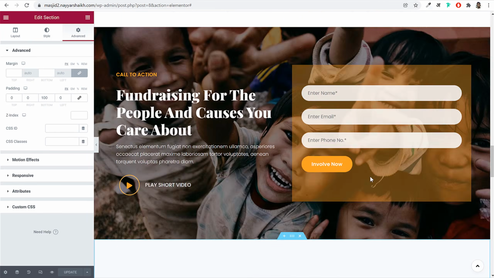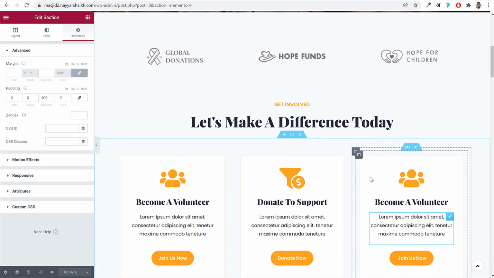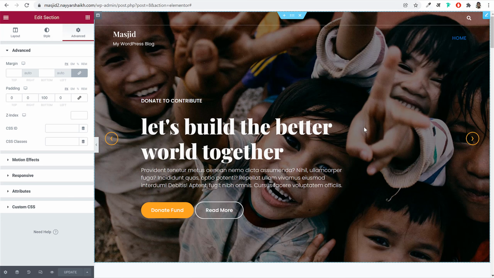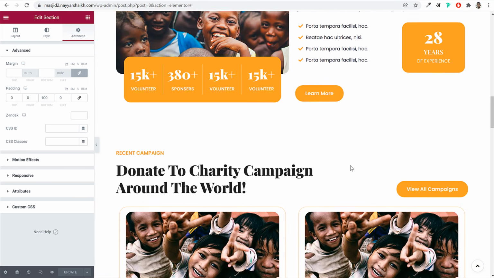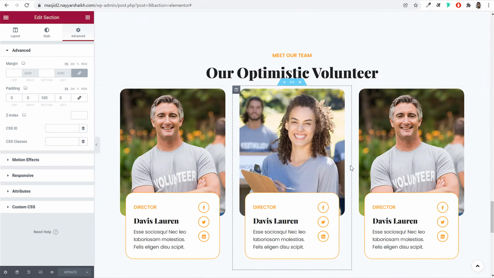Now all the other pages, we don't have to worry about that. We won't be designing them and creating them from scratch. I'll give you all the pre-made files. You just have to import them on your website. But because you know all the designing process, because you have seen this homepage, editing the entire website becomes very